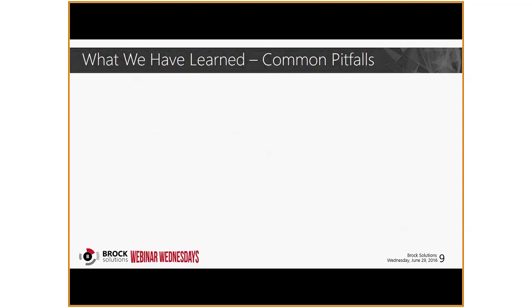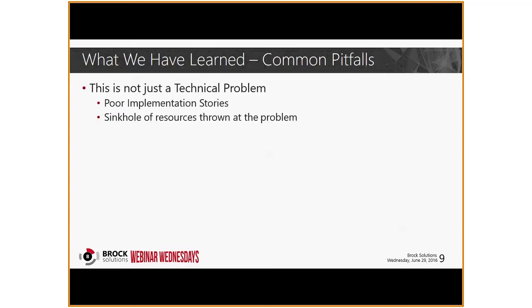So what have we learned, and what are some of the common pitfalls we've seen? This should not just be a technical problem. Acceptance should not be based on the success of a technical implementation. We have seen two types of initiatives. The first being an IT project and software rollout that just pushed all these solutions to the end user without consulting them up front on the requirements.